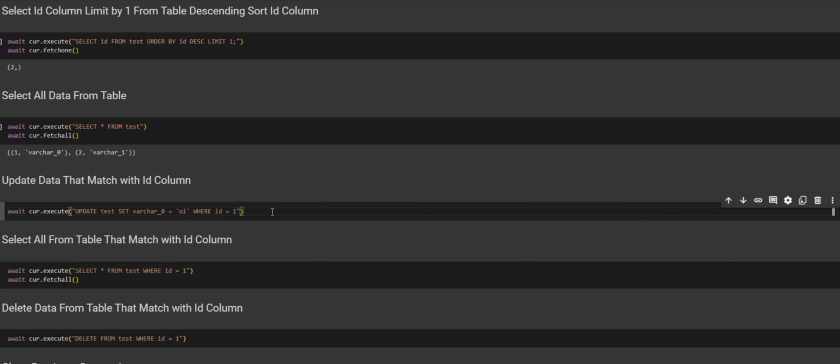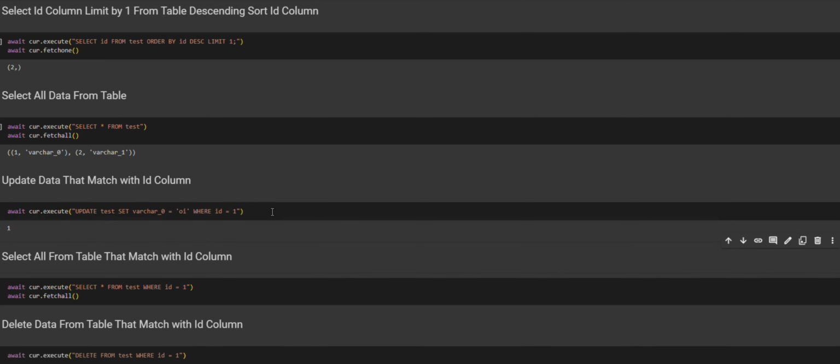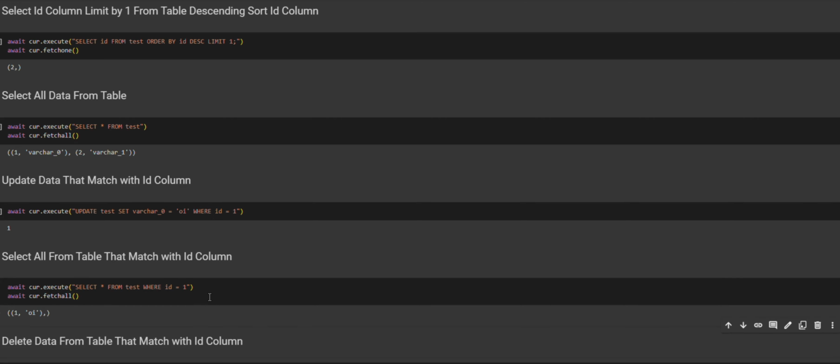Okay, we execute this query. Seems done. Then we will see the update that we executed in the previous step. Here, it seems done. This is the ID 1, the same, and then this is the value that we executed.